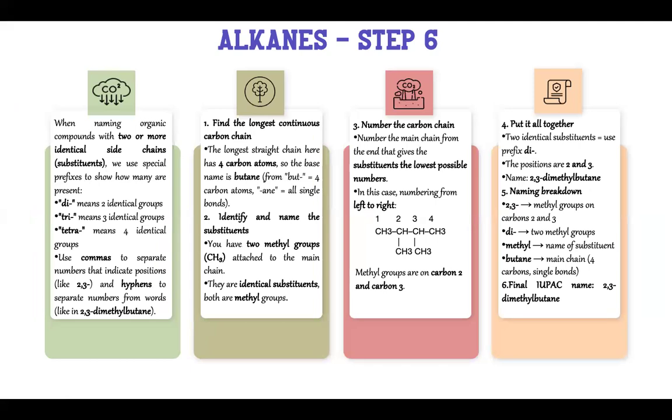Then we look at alkane step 6. What are the conditions for step 6? When naming an organic compound with 2 or more identical side chain substituents, we have to use special prefixes to show how many are present. For example, di means 2 identical groups, tri means 3 identical groups, tetra means 4 identical groups, and you have to use commas to separate numbers that indicate position, like 2,3, and hyphens to separate numbers from words, like